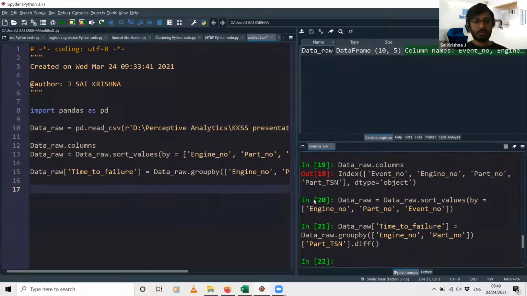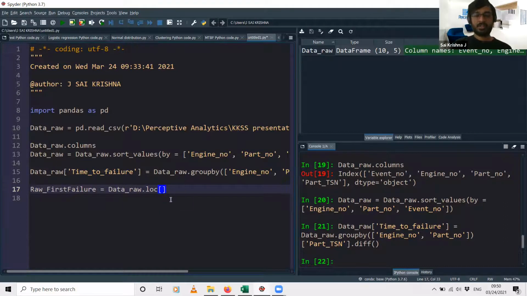Okay. So what I will do for that is, I will take the data underscore raw, or let me just create a new data frame. I will say raw underscore first failure. So this is a subset of this raw data, right? So I will say raw data dot loc. This means I need only specific locations in my raw data. And what are the locations that I need?